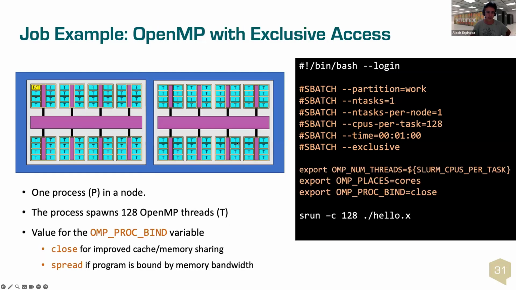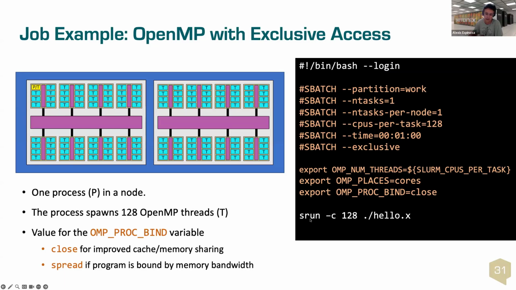In this case, this one is an OpenMP kind of code. So this one is asking just for one task per node, but 128 CPUs per task. And then these are some OpenMP settings. The most important is the number of threads, the number of OMP threads. And we are here assigning the number of OMP threads equal to this environment variable. So this environment variable is taken from the allocation, although it's not